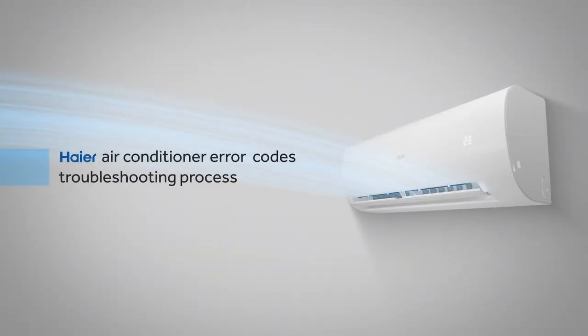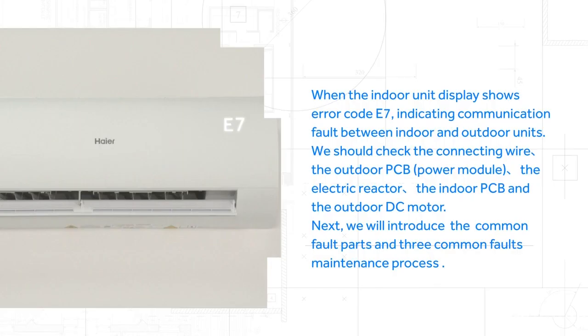Air conditioner error codes troubleshooting process. E7 error troubleshooting. When the indoor unit display shows error code E7, indicating communication faults between indoor and outdoor units,